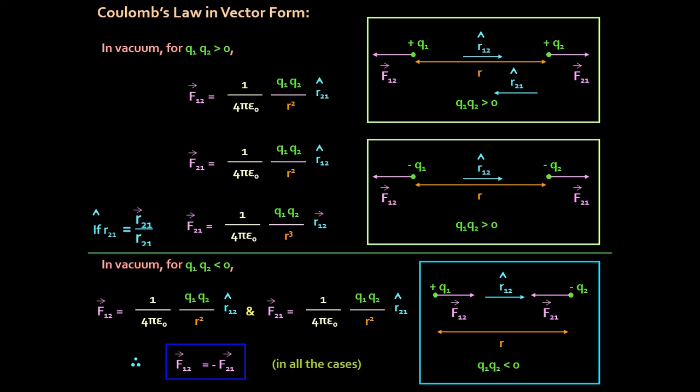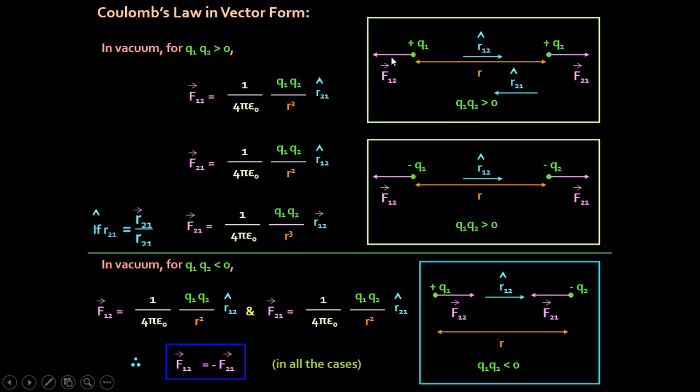Hello students, in the last class I explained Coulomb's law in vector form, and I would like to make a small revision before going to the next concept. So here I have expressed Coulomb's law in vector form. For example, if I take Q1 and Q2 similar charges separated by distance r, and I represent the distance from Q1 to Q2 as vector R12, and the distance from Q2 to Q1 as vector R21, so I can express F12.